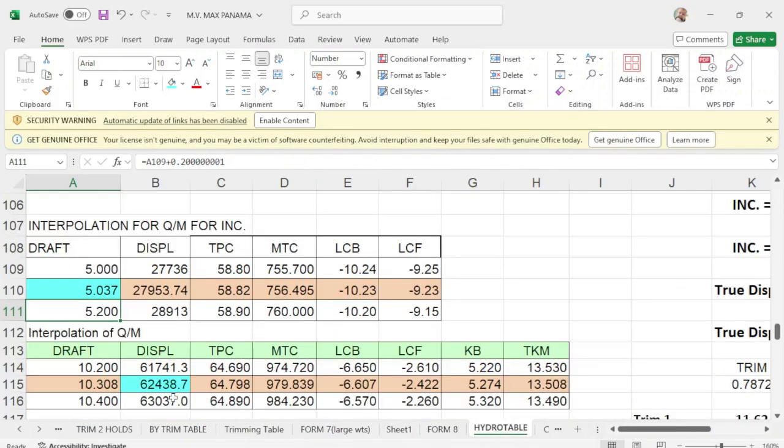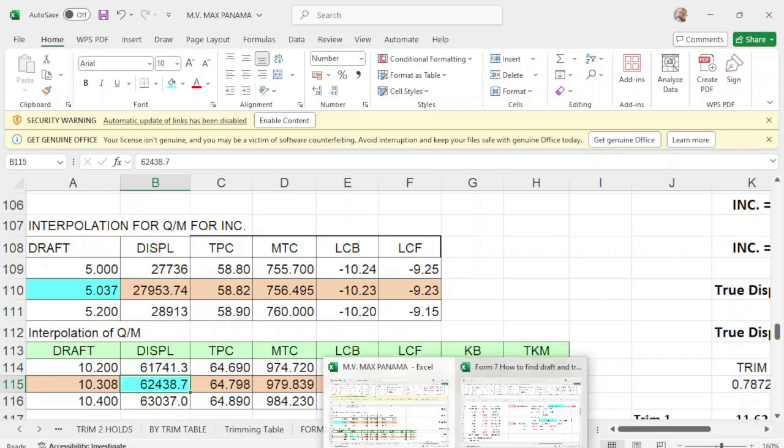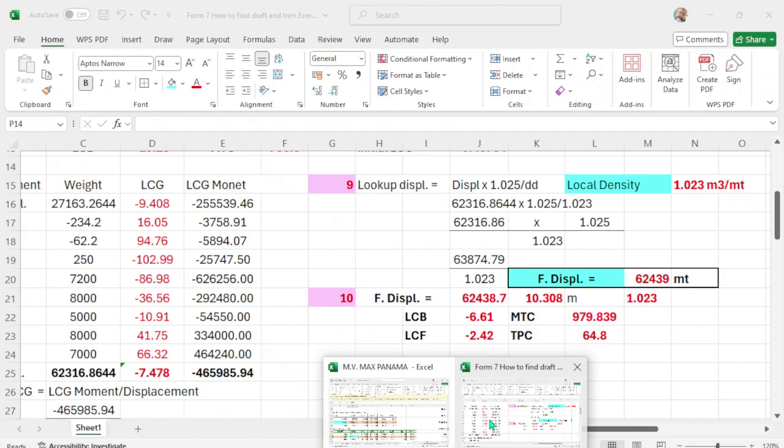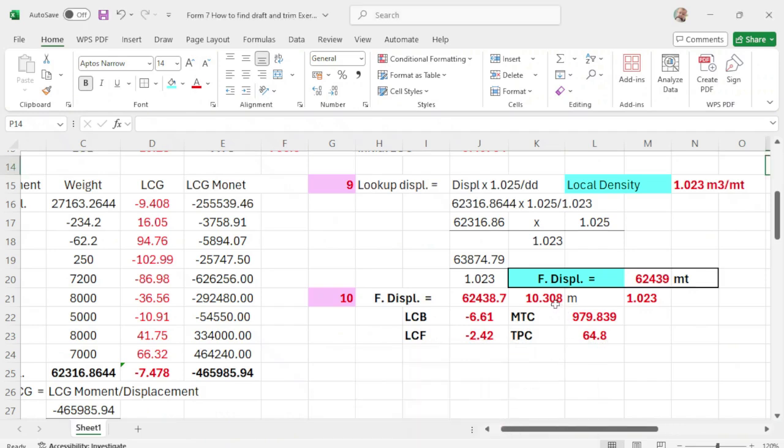Okay, so I have here 62438.7. The corresponding drop is 10.308. Okay, and